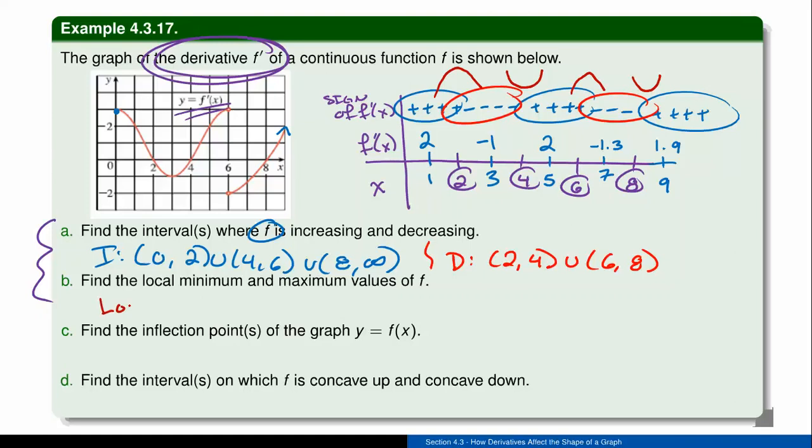So I'll have local maxes, in this case, at x equals 2 and at x equals 6, and I will have local mins when x is equal to 4, as well as when x is equal to 8. So it's the exact same stuff that we did earlier, except in this case, I'm not having to